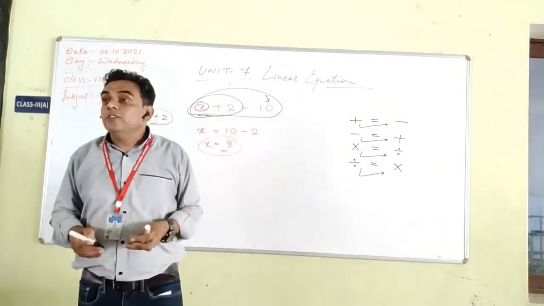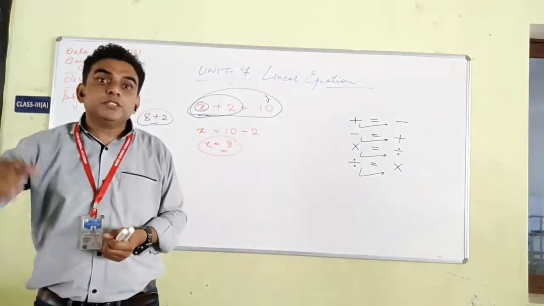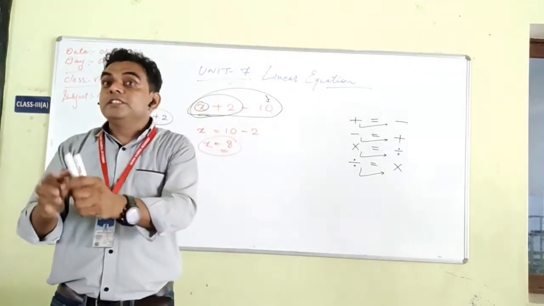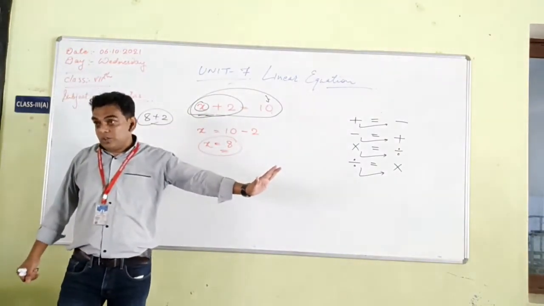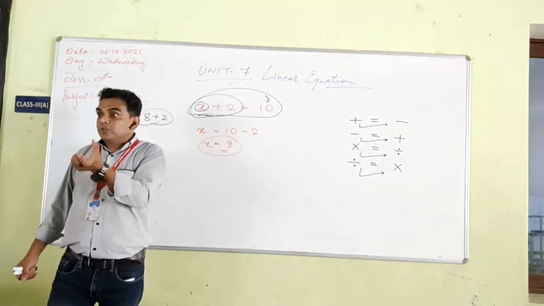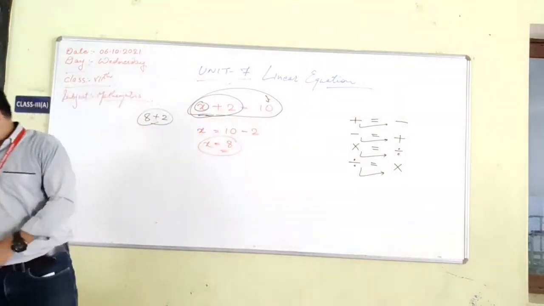You can just find the value of x. Suppose the equation will be there, you can just find the value of x. But this is the simple calculation, students. Not every time there is a simple calculation. There is a sum with a point also. That means what? A decimal point will be there also. Okay? I am going to show you that.